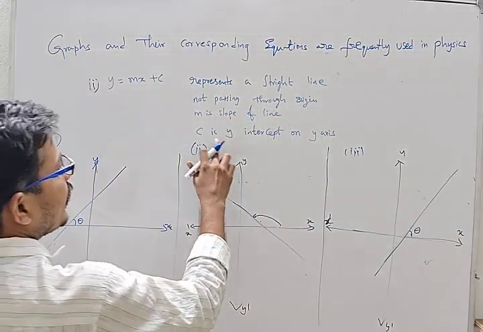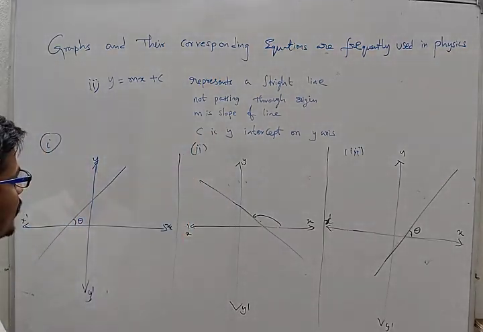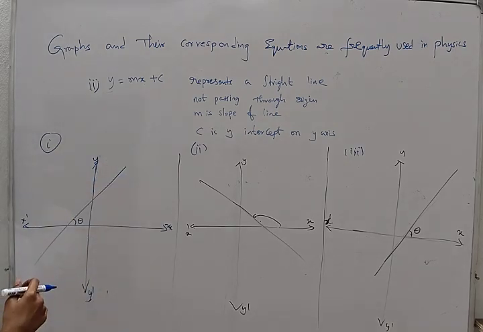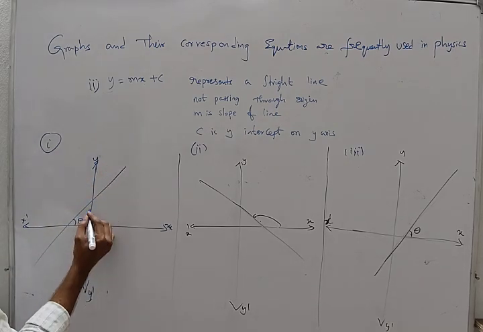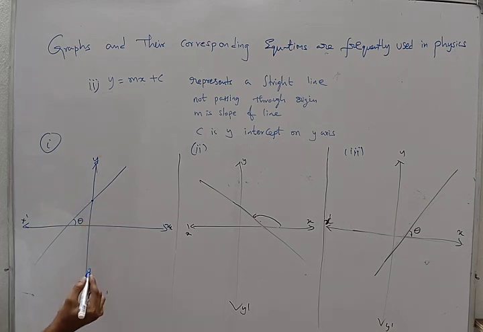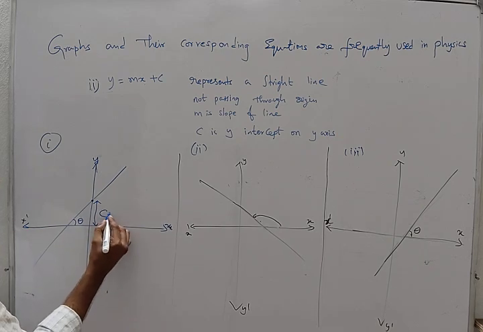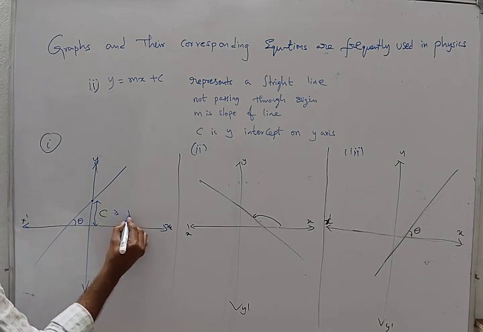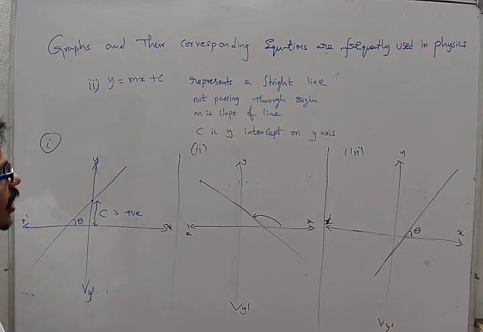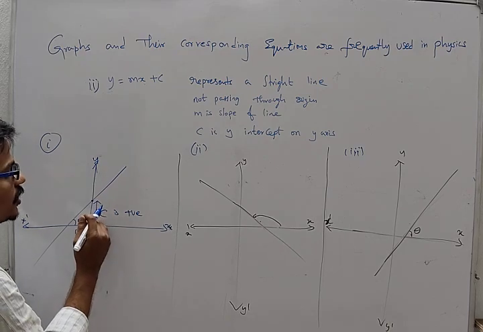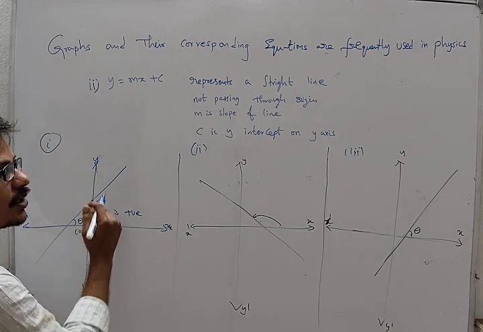So y-intercept means c: when we draw a y equals mx plus c straight line on a graph, that line will intersect the y-axis. Where that line intersects the y-axis, that is nothing but the y-intercept. So c is positive. Why? Because it is from the origin above. So the y-axis from the origin above is